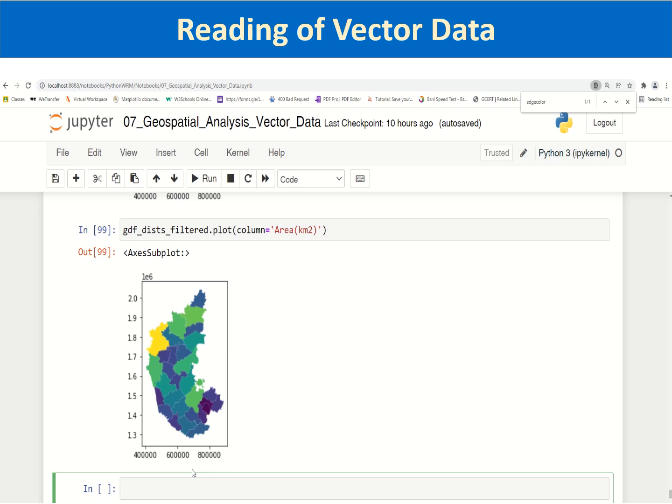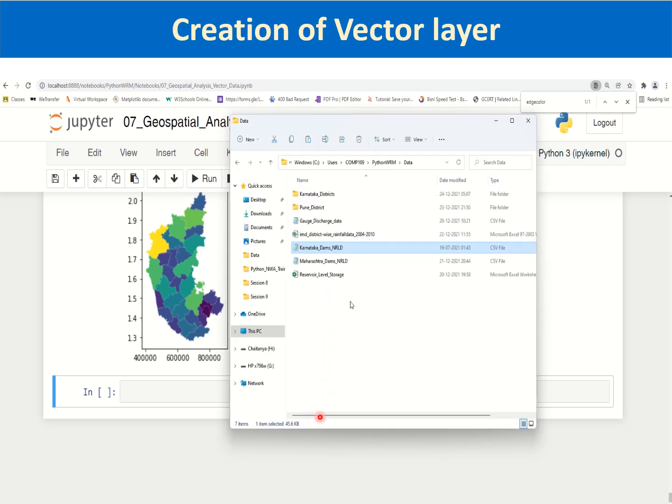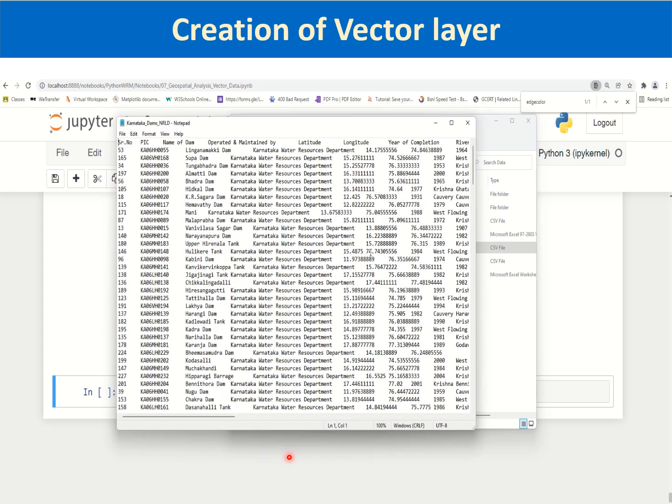So that is about reading a vector file. Let us quickly go through another application using GeoPandas: creation of the vector layer from tabular data or from text data. I have provided a new data file, the Karnataka dams file, taken from the National Register of Large Dams, where there is information about large dams located within the state of Karnataka, along with latitude and longitude information, which will be needed for us to create geometry,